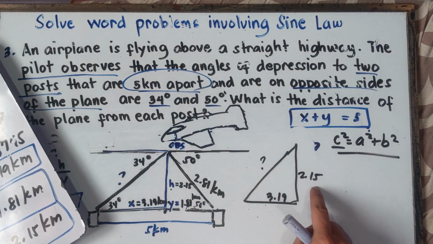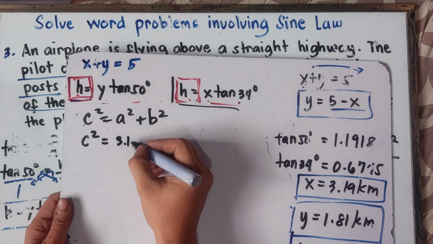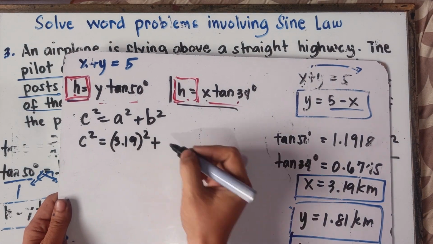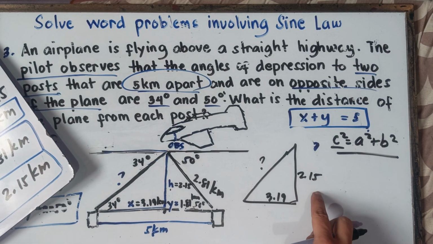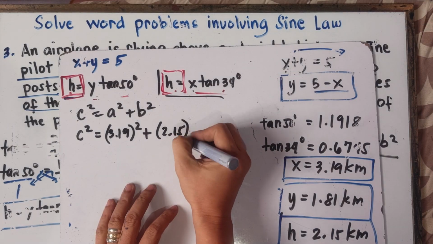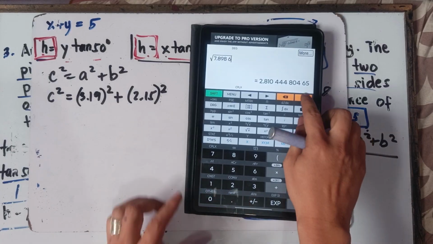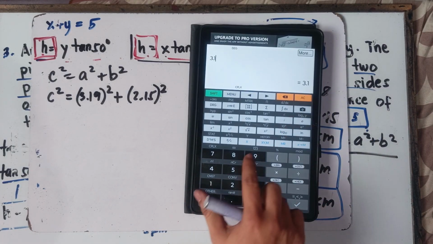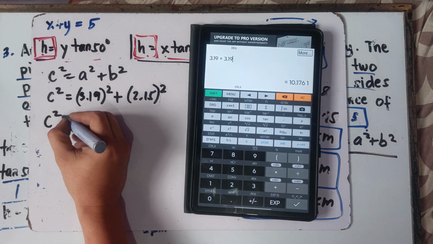You can have this one or this one. It's up to you, class. So let's have this one, a, 3.19. And then squared, the value of b is 2.15. So this is a, this is b. So b is 2.15, squared. Use your calculator. Alright, so this will be 3.19 times 3.19. The answer, class, is